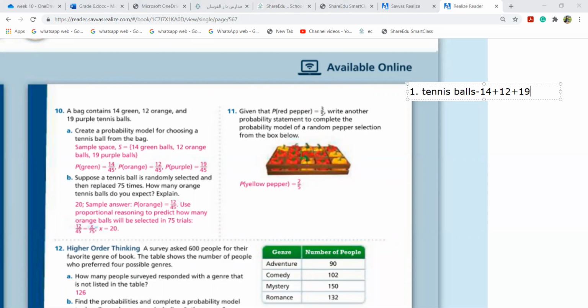Please, once again, I don't need just 45 from you, please sit with the calculator. Okay, 45 tennis balls you have in total. All right. Now, if I say randomly, what is the probability of choosing